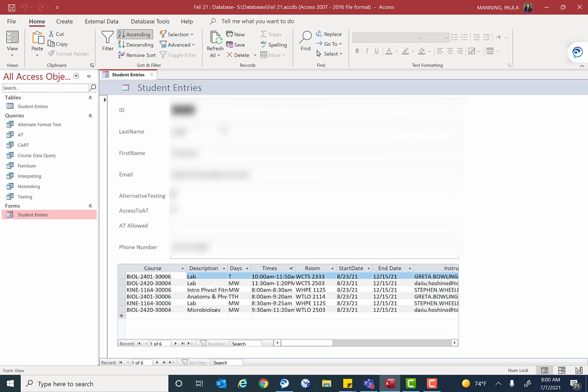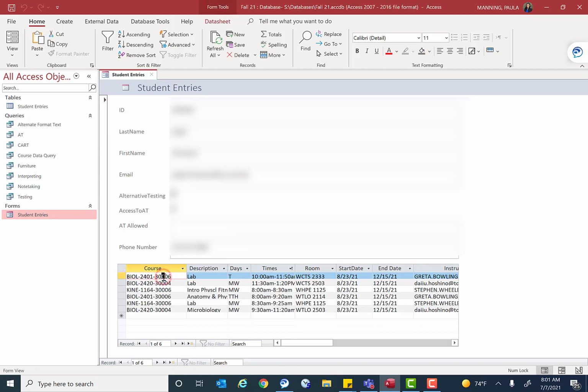And here, again, you will enter the student's ID number, their last name, first name, email, and then whether they have alternative testing, access to equipment, what equipment is allowed, the student's phone number, and then in the table on the bottom, you enter the